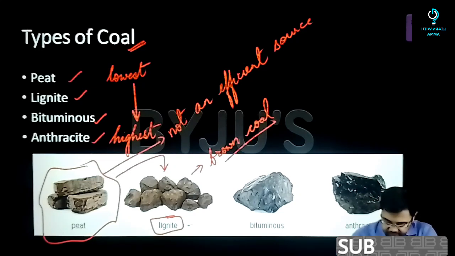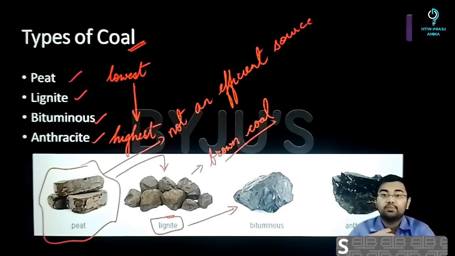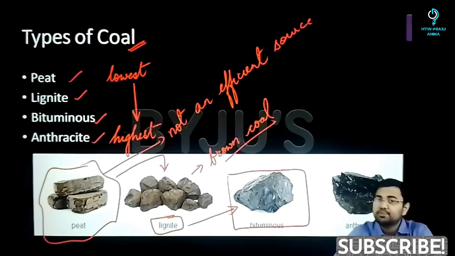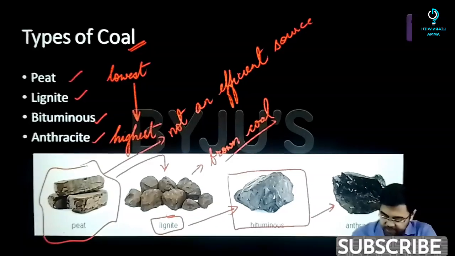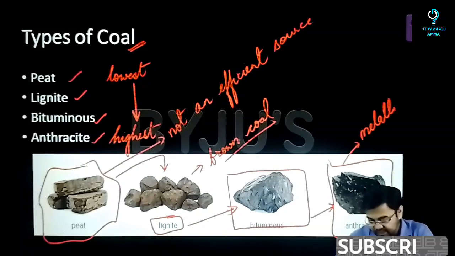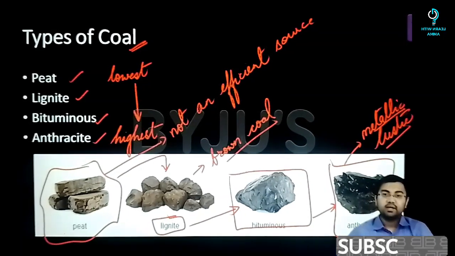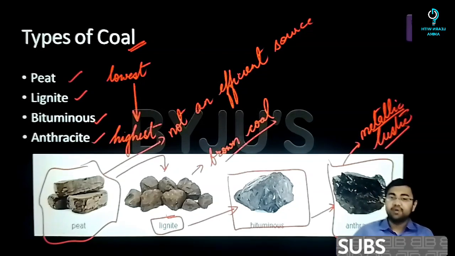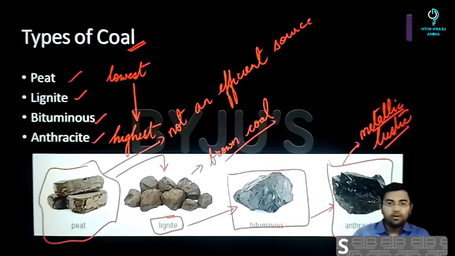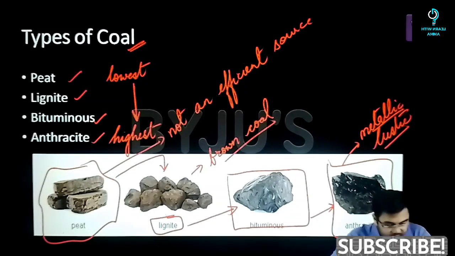Then again, if lignite would have been subjected to high temperatures and pressures, it would have converted into bituminous or a better variant of coal, something that is used for industrial purposes also. And then finally the best variant that you have is anthracite. Anthracite has kind of a metallic luster and it has a very shiny appearance. The efficiency that this gives is very high, the amount of carbon content is very high, the amount of residue that it leaves is very, very low. So all these are the reasons why this becomes the best variant of coal that we know about.